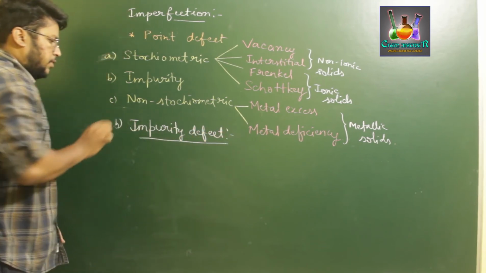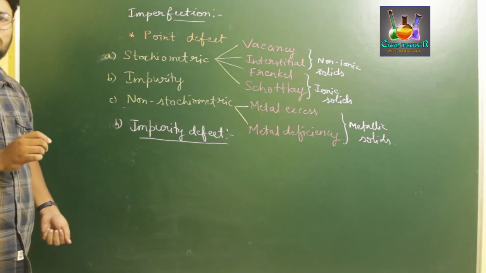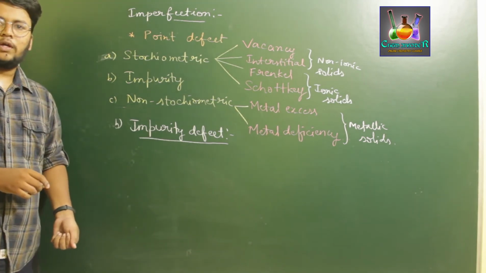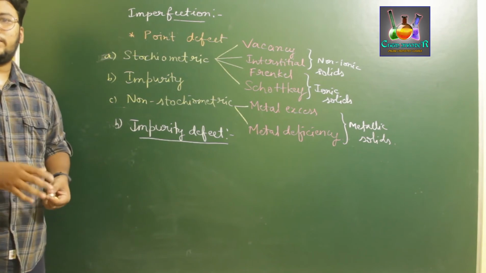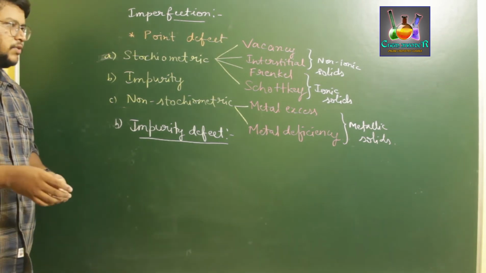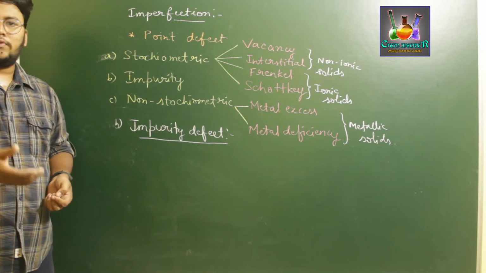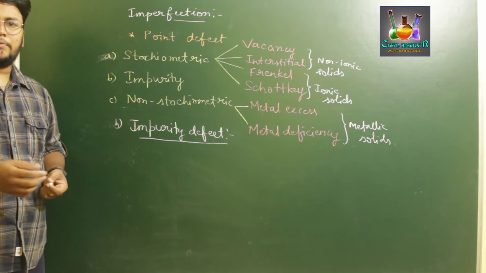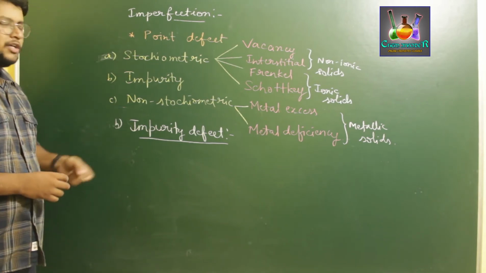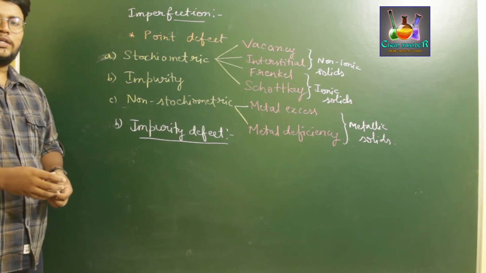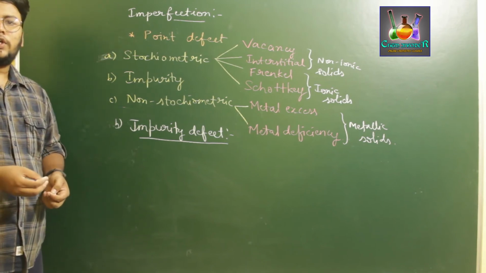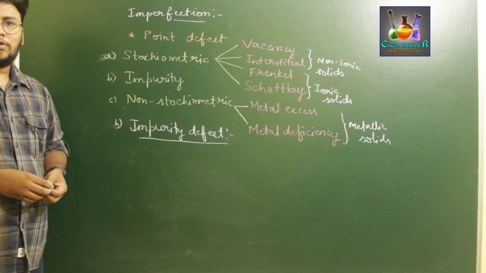So we know impurity. An impurity is a substance which is not meant to be in its place in an ore, but is found in the ore, which we don't want and have to extract. For example, when we extract gold, we find some impurities of copper. So impurity defect is one in which a solid crystal has certain impurities while maintaining its structural composition.